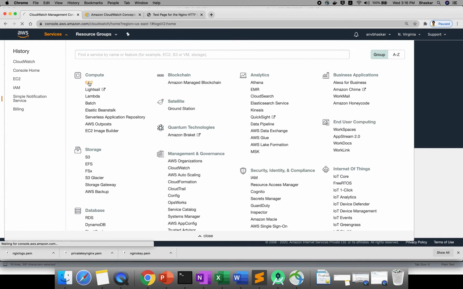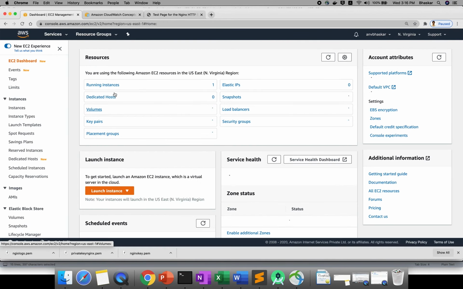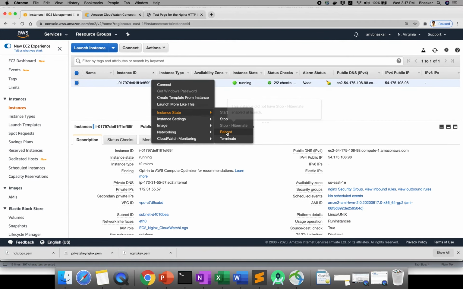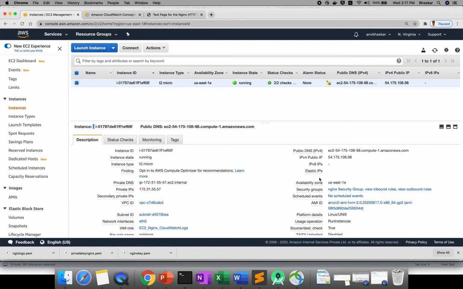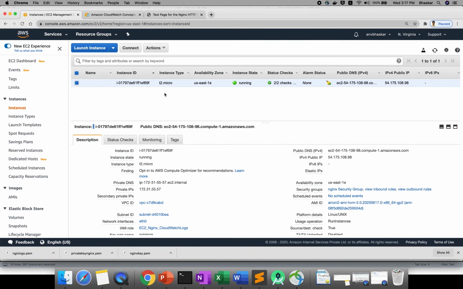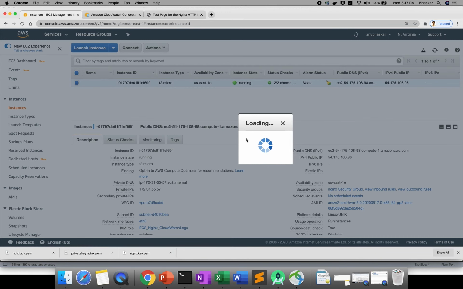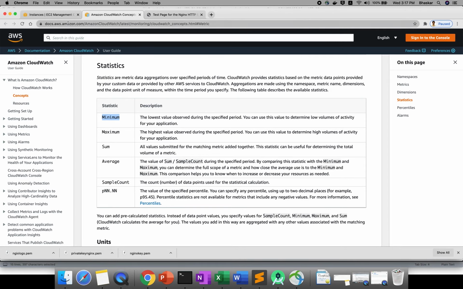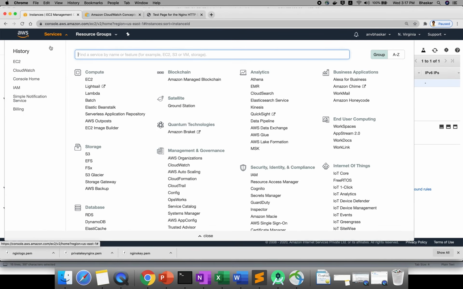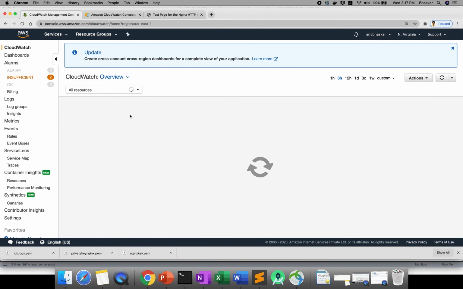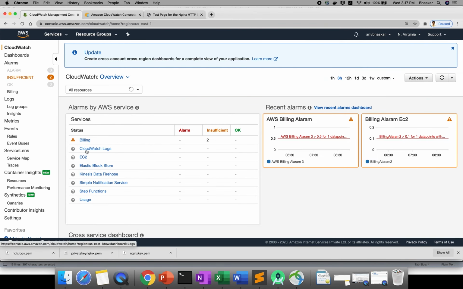Go here, click on EC2 instance, and delete your instance. Under instance state, instead of terminate I could choose stop, but for your information, it is better to terminate. Your EC2 is terminated anyway, and these logs are not required for you guys, right? So better go to CloudWatch, where you can delete your CloudWatch logs.